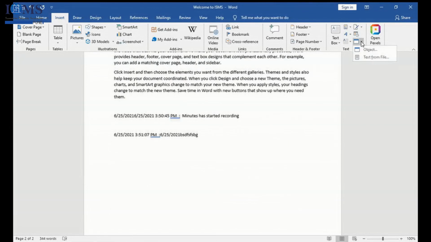Now, to an object. Guys, if I want, for example, some other object which exists in my document, or which exists in my particular laptop, and I want to get that object into this particular document where I'm working, how will I do this?